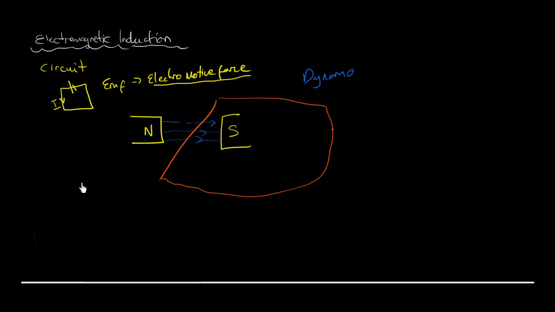So we can say that an EMF is induced in the wire when this happens. If they ask you to explain what's happening here, then you could say that because a wire with a closed circuit is cutting magnetic field lines, an EMF is induced in the wire. So this happens whenever a closed circuit wire